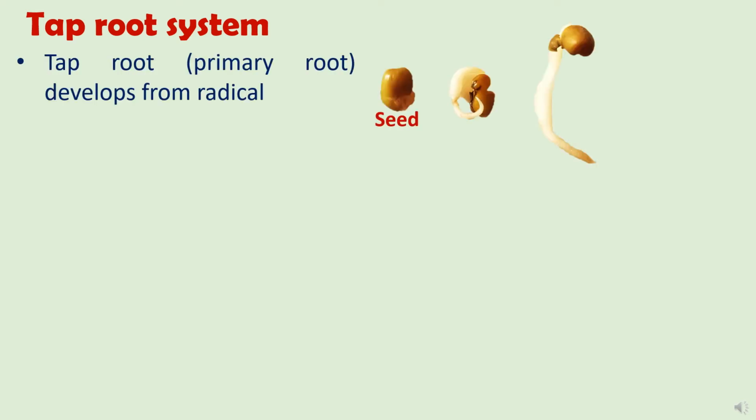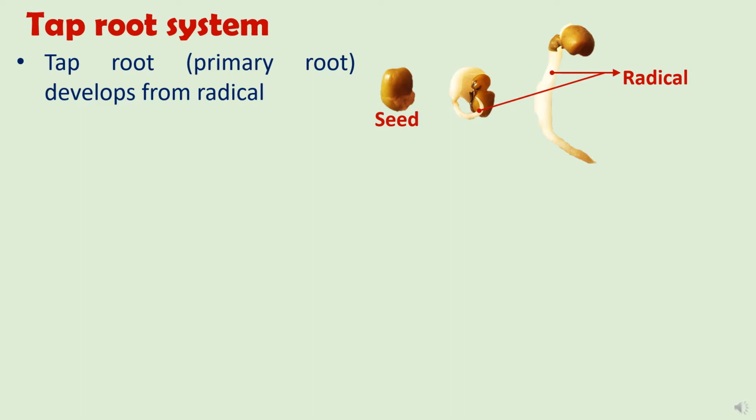Hello everyone, today we will study about the modifications of taproot. So first of all, let's discuss about the taproot system. In taproot system, primary root develops from a radicle. Radicle is a part of embryo plant which comes out first during the seed germination, as you can see in